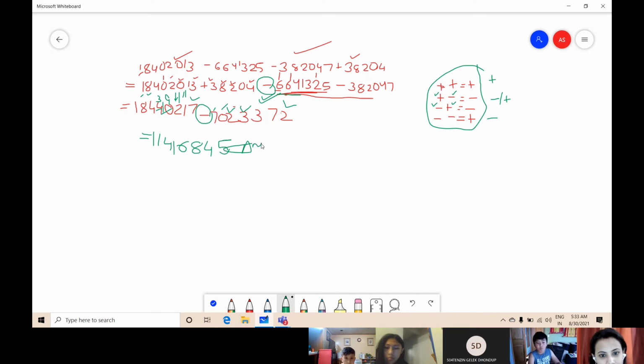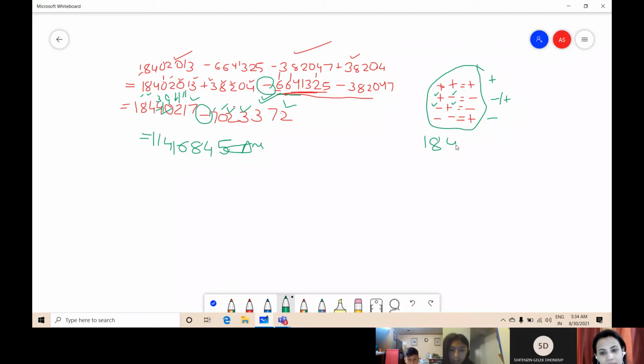Now if you are getting problem in subtracting directly, what you can do, you can make column in the rough. You can make column in the rough and then you can subtract. Okay, it is not compulsory that you have to subtract directly like here only. You can make column in the rough and you can just subtract and write the answers here.